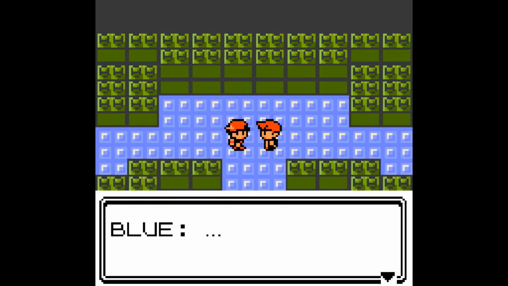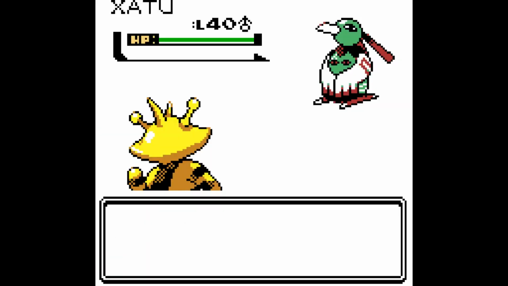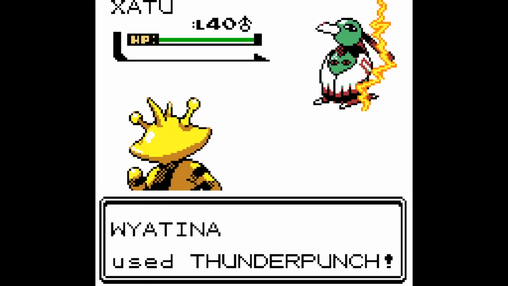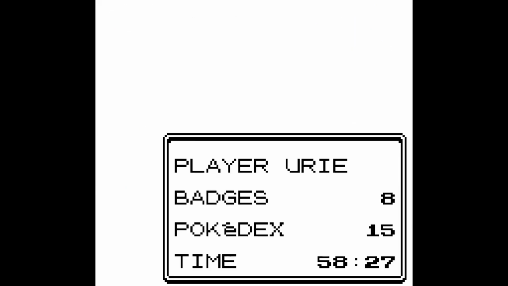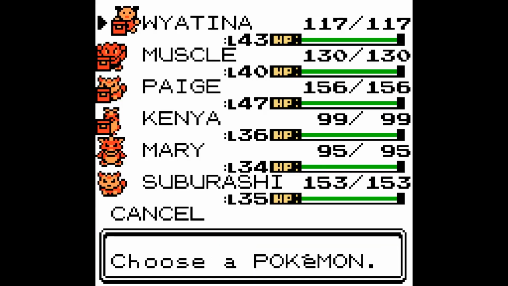Now, before we head to Mount Silver, I thought I'd tell you an exploit, I suppose is the best thing to call it. To make this challenge a bit easier, you can actually go back, rematch Elite Four, and if you beat them, much like you did the first time, you'll return to New Bark Town after the credits roll with your PP and health restored. You can then repeat this process over and over again until you feel like you're strong enough to take on